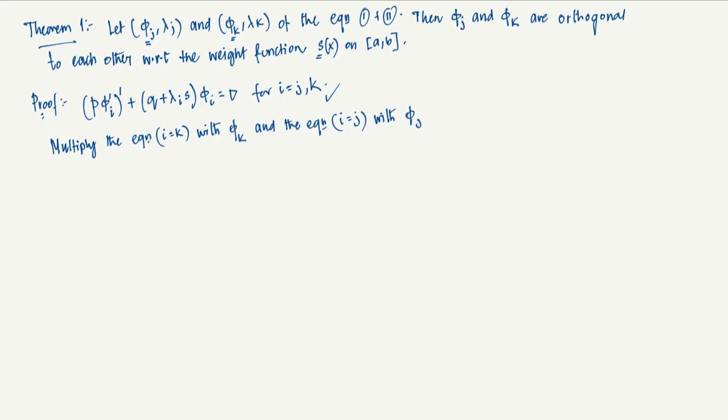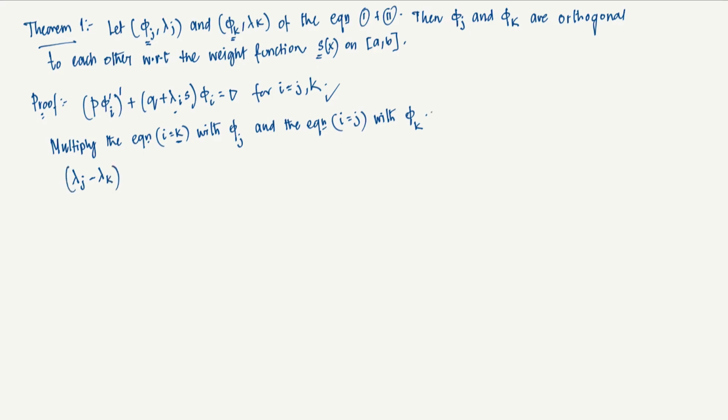One second. This is with phi. This is k, right? So this will be with j, and this is j. So this will be with k. Is it okay? Okay. So if you do that, you see from here what do you get? You get lambda j minus lambda k,